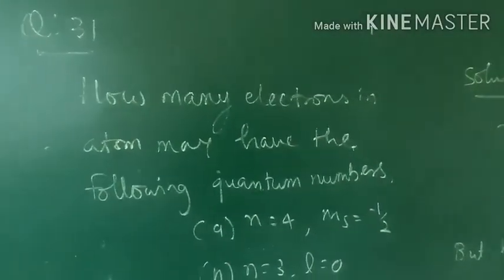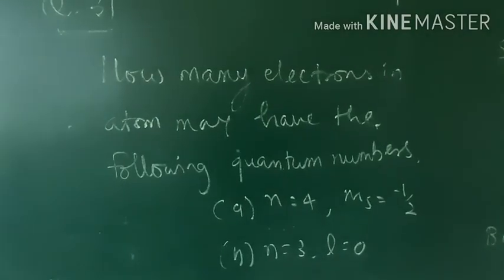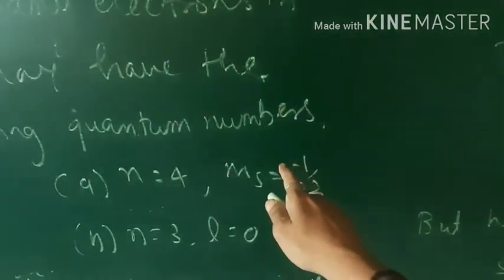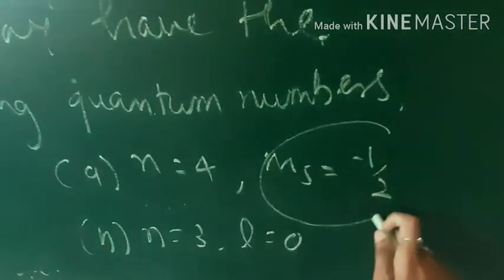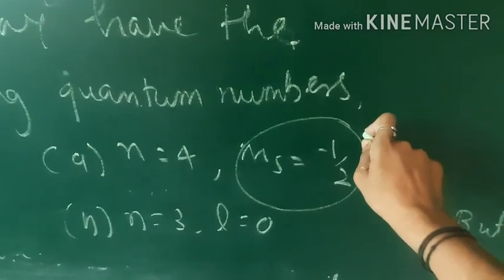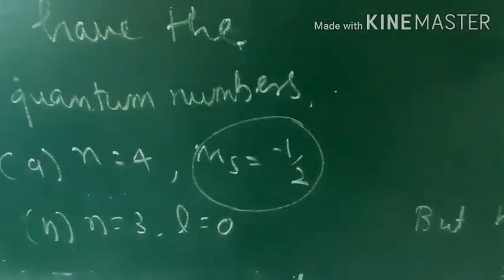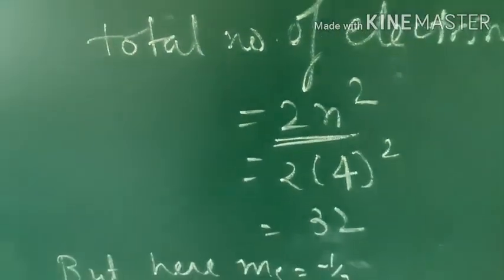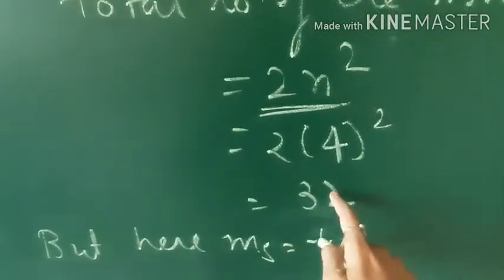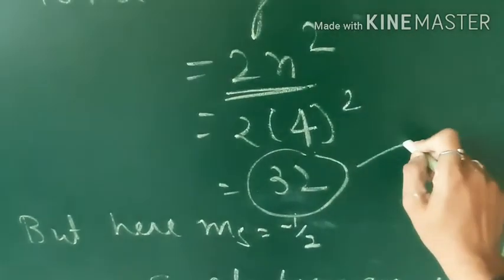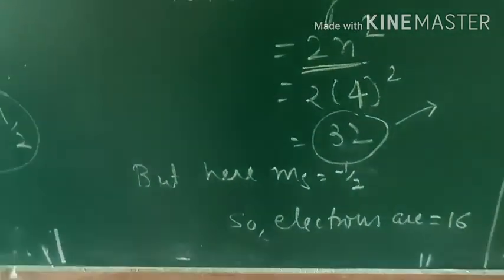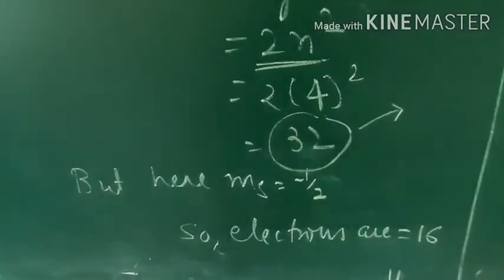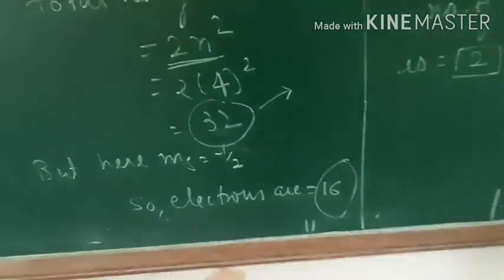Next question 31, we have to find out the number of electrons by using quantum numbers. Here n is equal to 4 and spin quantum number is minus half, which indicates how many are paired and how many are unpaired. So we are starting with this. n is equal to 4. We have the formula which we learned in 9th class, that is 2n square. So 2 into 4 square, 16 twos are 32. So this will be fully paired if we occupy electrons in the orbitals. But due to that half spin, the number of electrons is going to be half. So the number of electrons is 16.